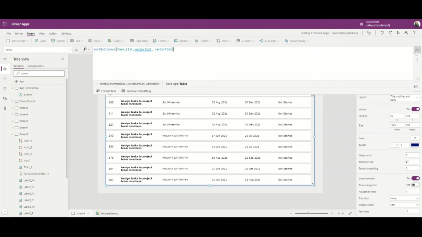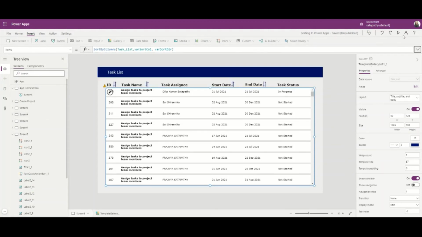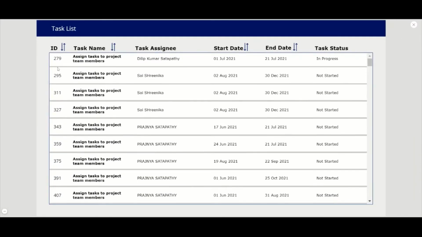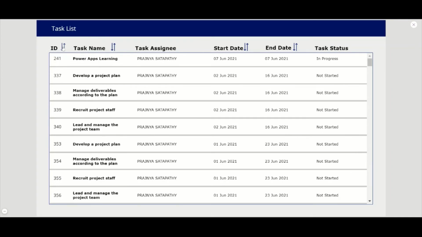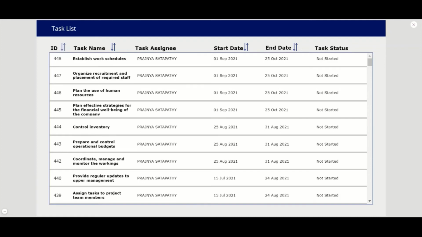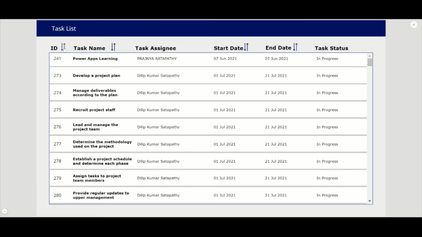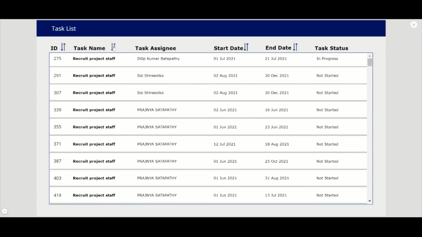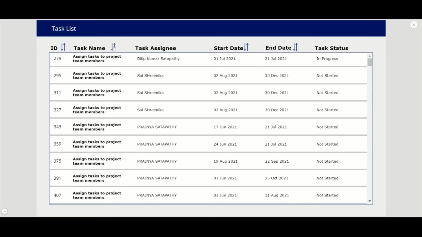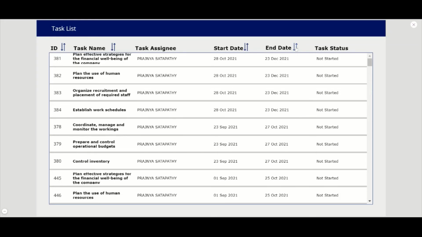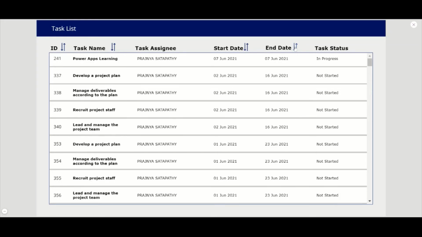Now we'll check by playing the application. Let's see. If I click on the ID column, it is sorting based on the ID column, first descending, then ascending. Similarly, if I click on the task name column, first it is sorting by descending order, then ascending order. Similarly, by task start date and task end date.